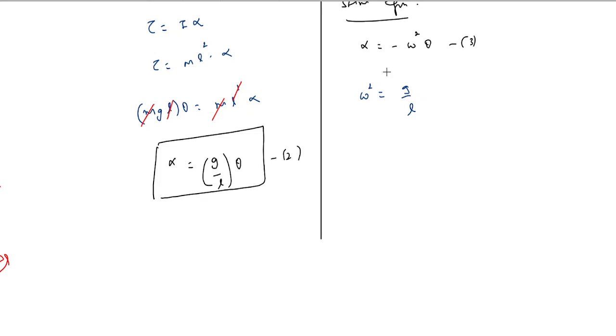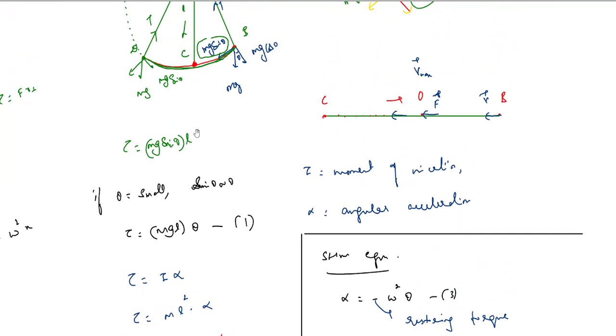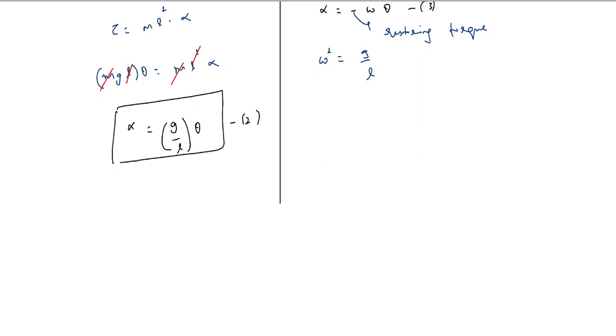Now keep in mind here that this minus sign just indicates it's a restoring torque in this case, which means they're the same mathematically, because even here the reason that the pendulum oscillates is because of its restoring torque only. That's the reason it oscillates here. So from this we can say that omega square is equal to g by L, but time period is given as 2 pi by omega